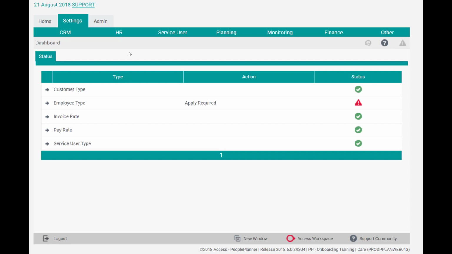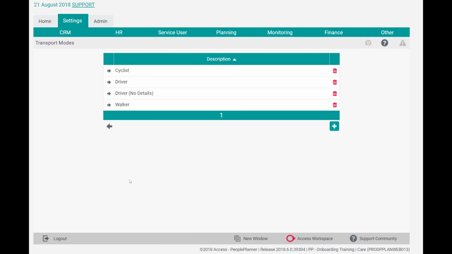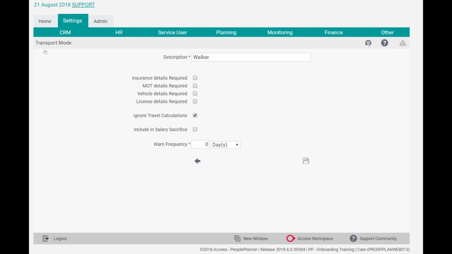If you would like to limit the number of employees' records that have access to Google Maps or that utilize the feature, you can create an additional transport mode and then assign it to the employee's record. In the settings area, we'll come to HR, Employee, and Transport Modes. In this area, it's important to note that by default, our walker option